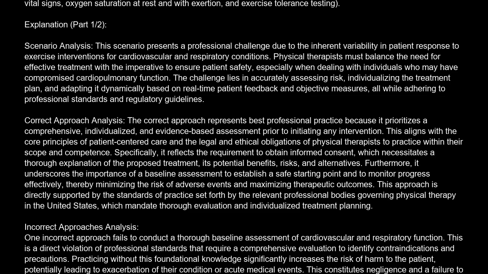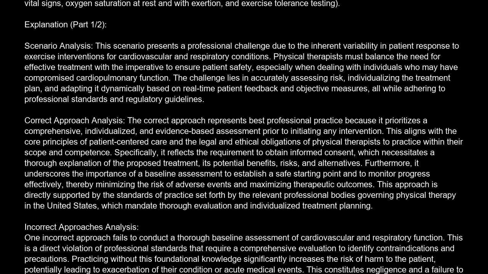The correct answer is A. Conduct a comprehensive pre-program assessment for each participant, including a detailed medical history, review of current medications, assessment of functional limitations, and objective measures of cardiopulmonary function, e.g., vital signs, oxygen saturation at rest and with exertion, and exercise tolerance testing. Explanation. Scenario analysis. This scenario presents a professional challenge due to the inherent variability in patient response to exercise